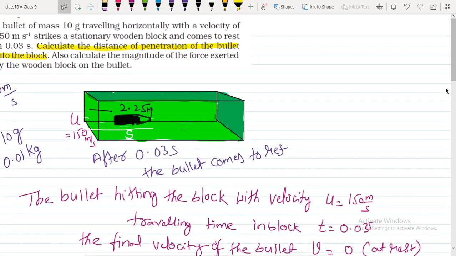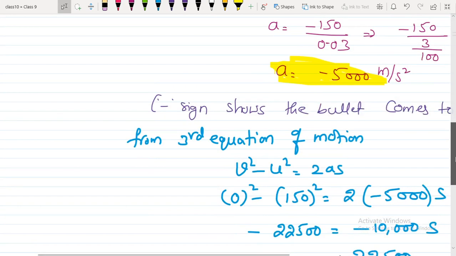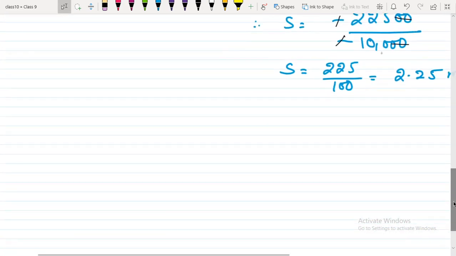Now in the given question, one more thing we need to find, that is also calculate the magnitude of force exerted by the wooden block on the bullet. Calculate the magnitude of the force exerted by the wooden block on the bullet. So to calculate that,